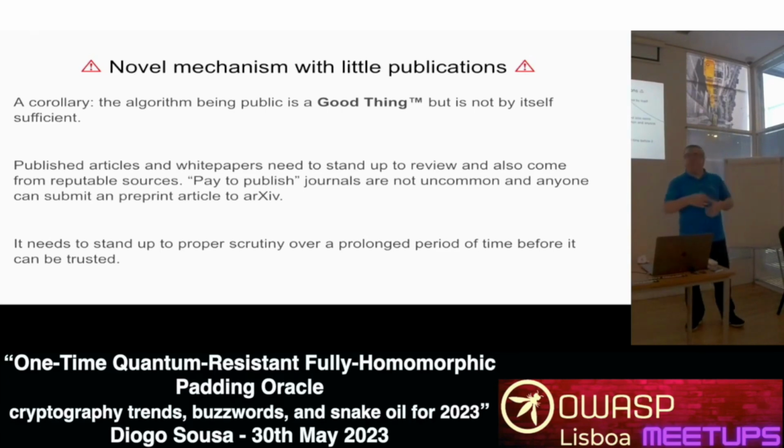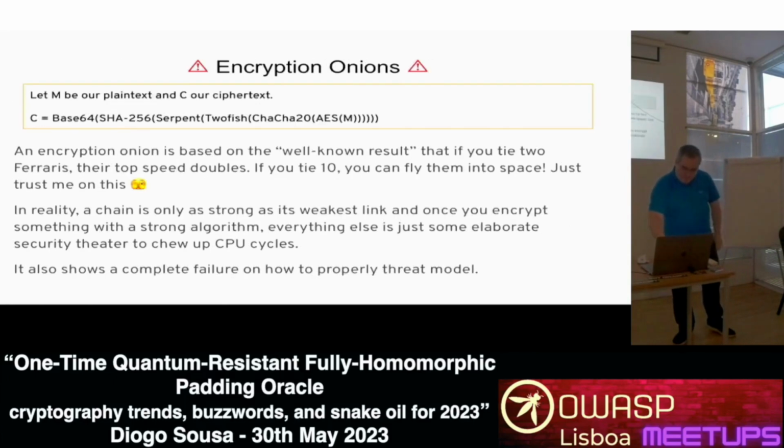So, in essence, recall what happened with SIKE. SIKE was published and whatnot. It needs to stand up to proper scrutiny over a prolonged period of time before it can be trusted. Like, if the article is 2 years old or something, maybe iffy. Recall, AES has been around since 1978. Don't quote me on this, but I think that's the date, more or less, or a bit later. So,